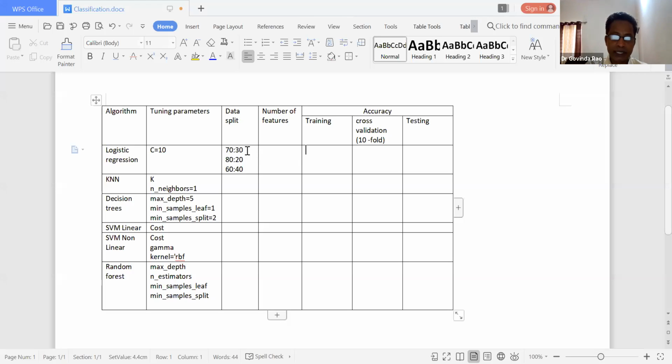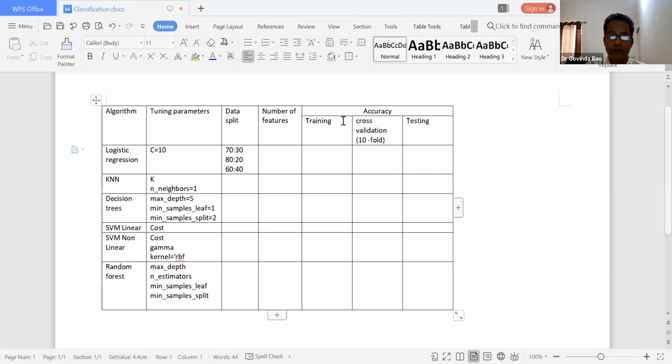So if we consider 70 and 30, then in the training data we take 70% of the data as training. So here we are training our system. How is our logistic regression going to perform on our heart disease data, whether we are suffering from coronary artery disease or not, right? So prior to testing on your unseen data, what will we perform?